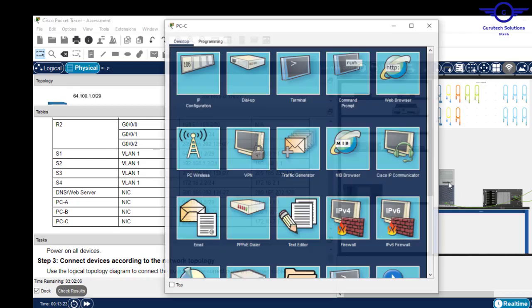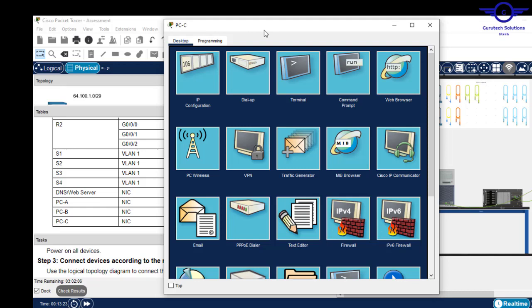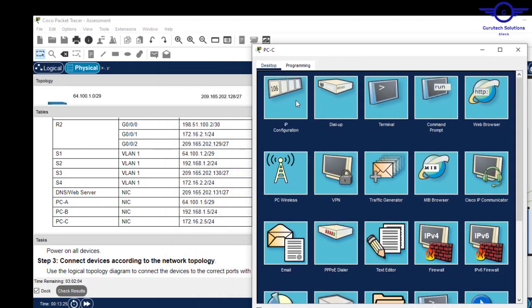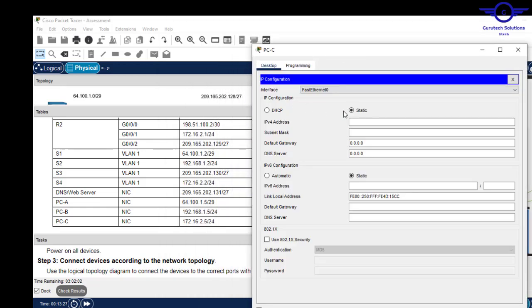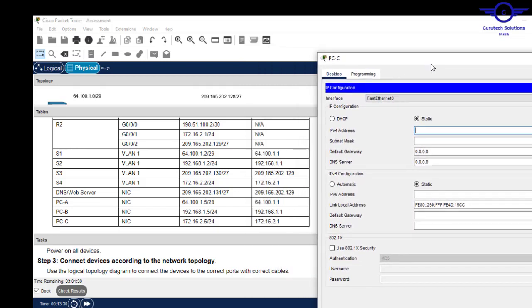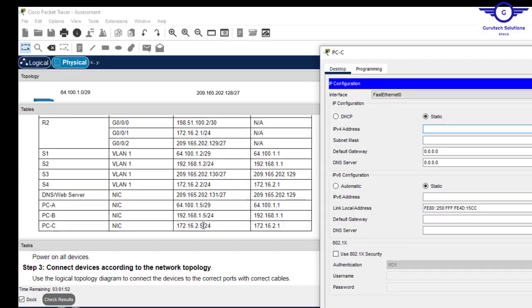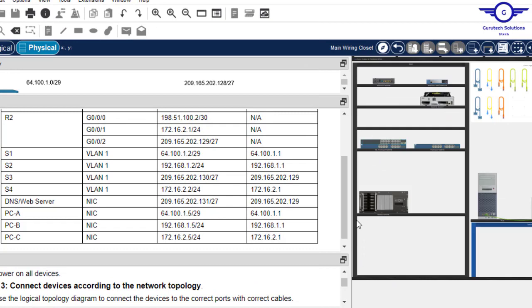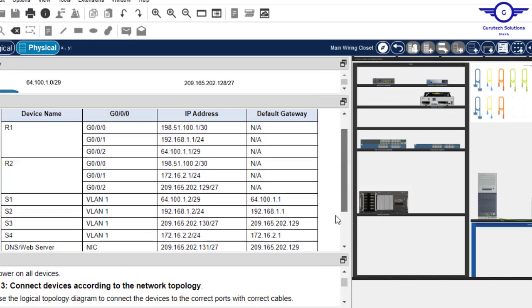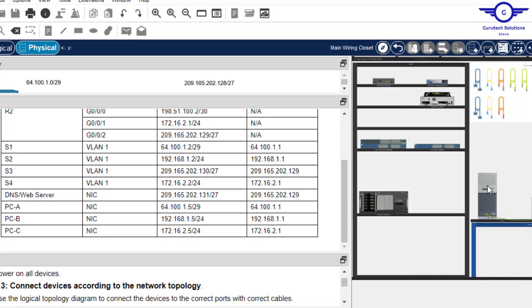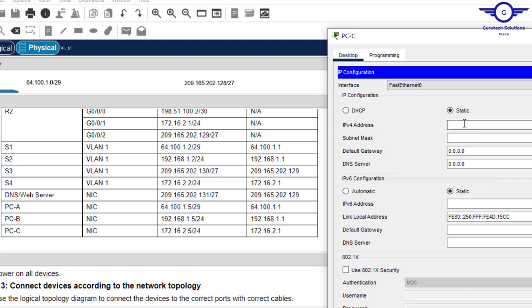This is PCC, and for PCC, the IP address is this one. Just a minute. Okay, that's the IP address, which is